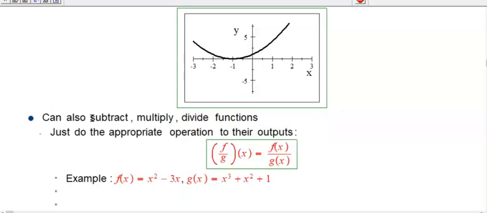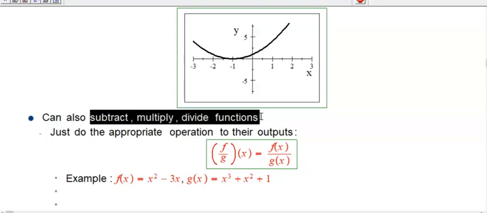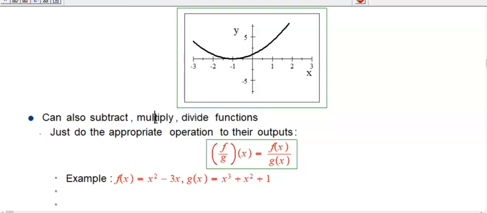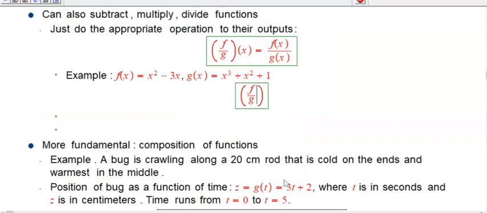Okay. So I don't really want to make this video very long because, again, algebraically, this is not really anything new. You can subtract functions, you can multiply them, you can divide them. You have to be careful because you might end up accidentally dividing by 0. But algebraically, it's just putting the two things together. So, for example, if f of x is x squared minus 3x, and g of x is x cubed plus x squared plus 1, a little bit more complicated, then we would say the quotient of those two functions is the function that when we put in x, we just